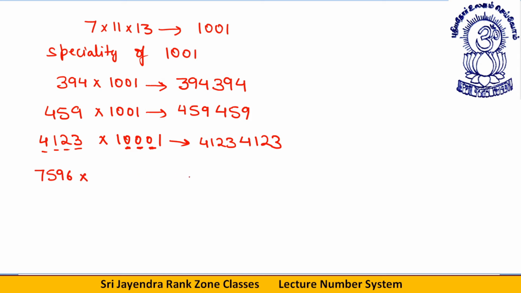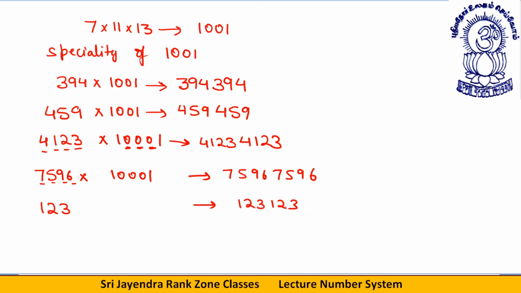I take a number 796. In order to make it 7596 7596, I will multiply. This is four zeros, four digits, so here I'll get three digits. If I have a number 123 and I multiply it by a certain number and get 123123, here I have three digits, so here I'll get two zeros. Here I have a number 12. I need to multiply it by some number so as to get 1212. Since there are two digits, here it must be one digit. Here it must be 10.